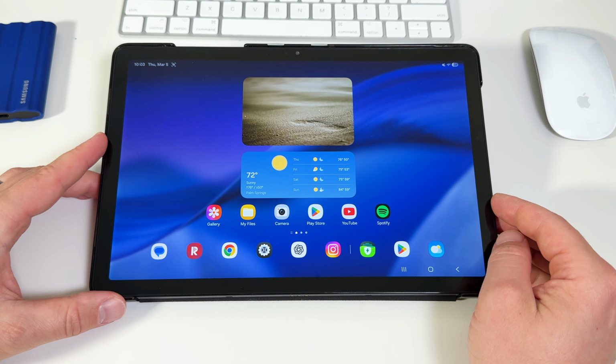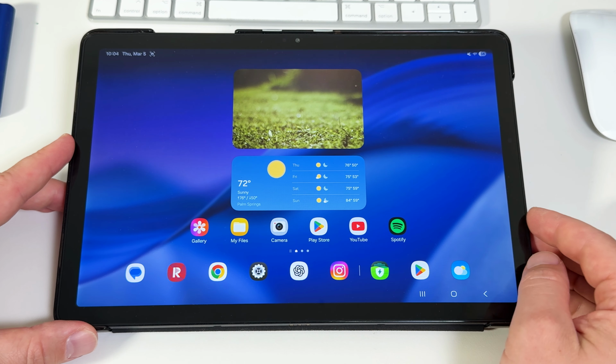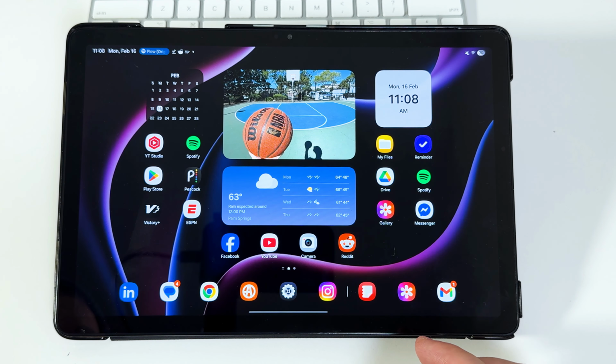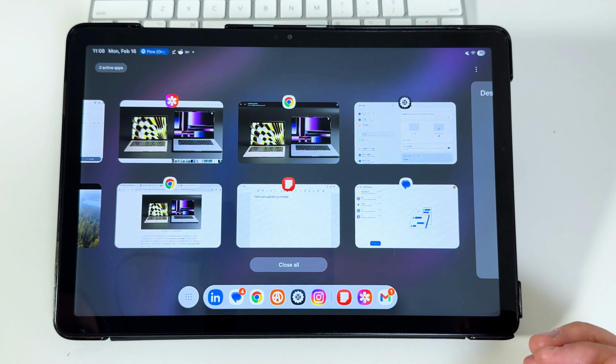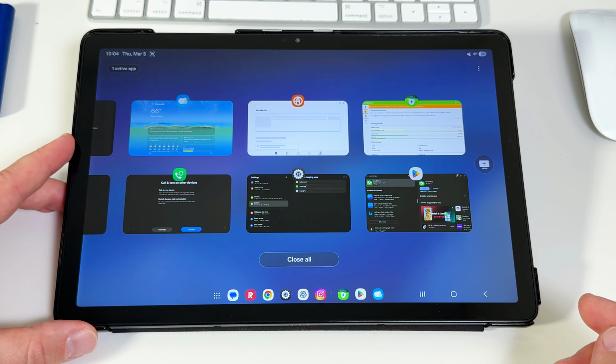Closing all the apps on Android is easy, but with modern tablets, it's often unnecessary. On a button layout like mine, you'll simply tap the app switcher, and from there use the Close All button. If you're using the gesture-based navigation, you'll swipe up from the bottom, and then stop about halfway up to bring up the app switcher. For most people, closing apps manually is an old habit from old devices, but modern tablets